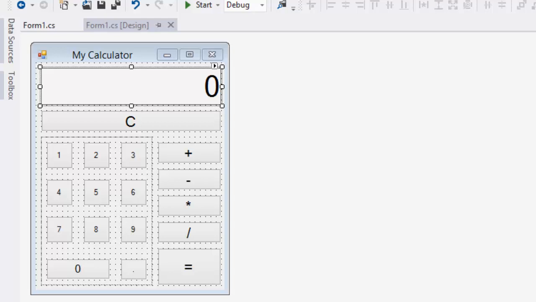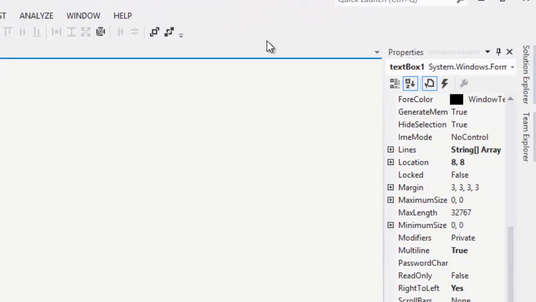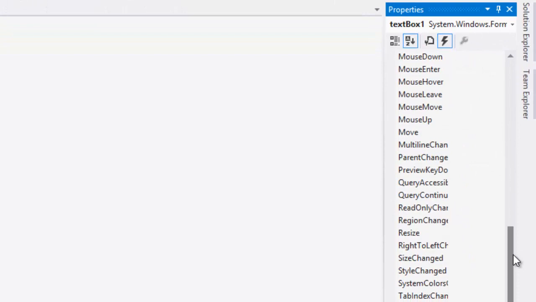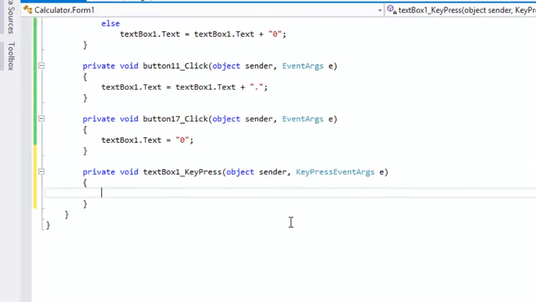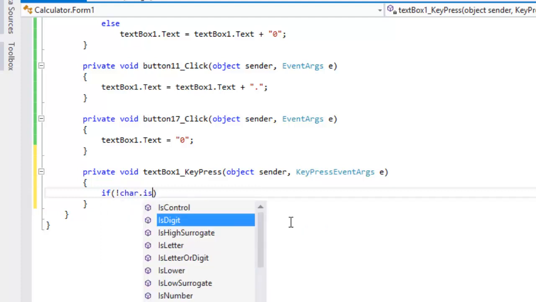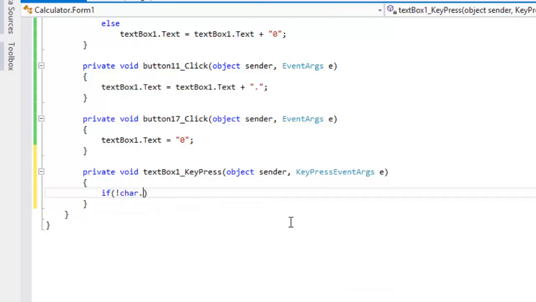Oh, by the way, you go to it, you click on your text box, and then you see this thunder thing. It's like events. Click on it, and then look in here for key press. Okay, start over here. Double click on key press. It's gonna create an event for your key press or function. And in here we're gonna type something pretty simple. We're gonna say if char.isControl. This is not control. If it's not a character,